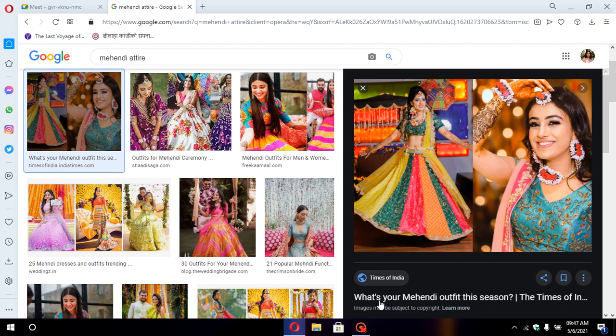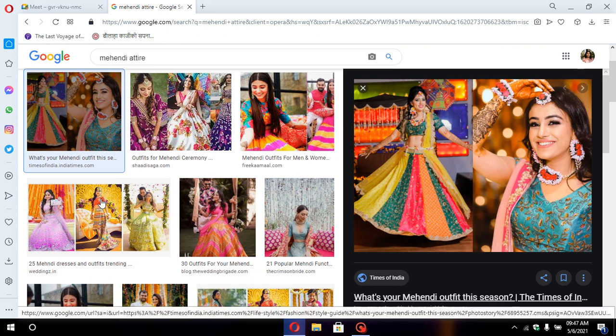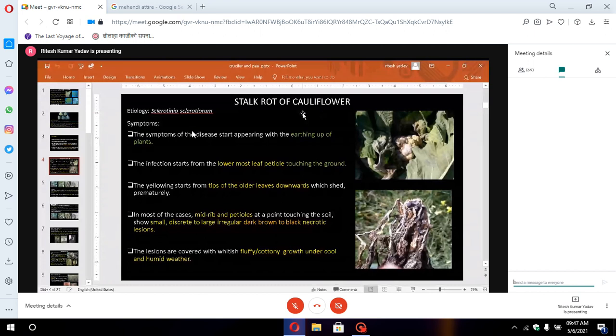So the next very important disease is stalk rot of cauliflower, cabbage, or any other crucifer. So this disease generally occurs in